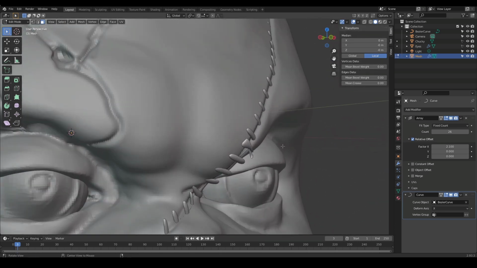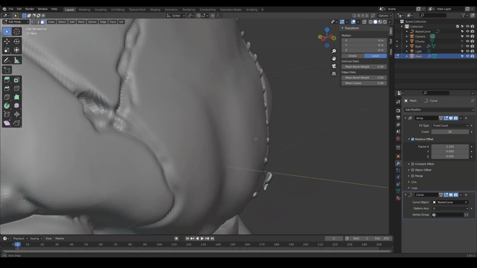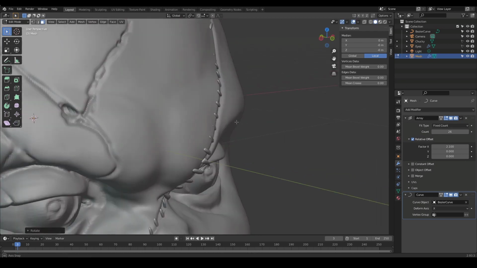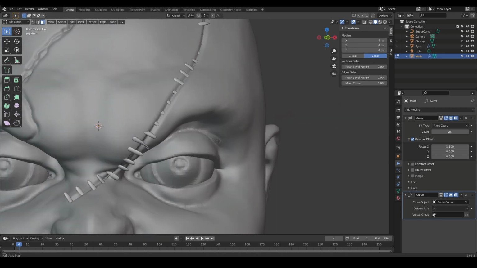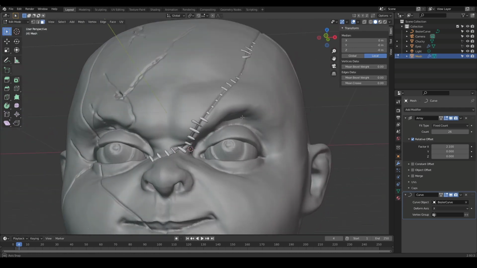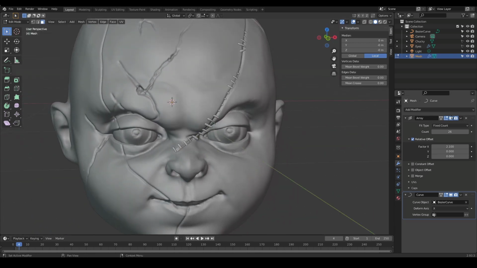I think I want to do some more rotation here. I'm going to press R and then X. There you go. And do it again, R and then X. Okay, once you're happy with that, you go ahead and